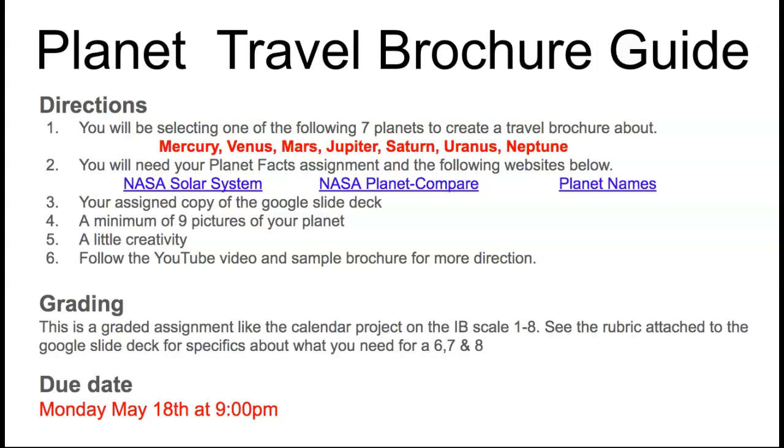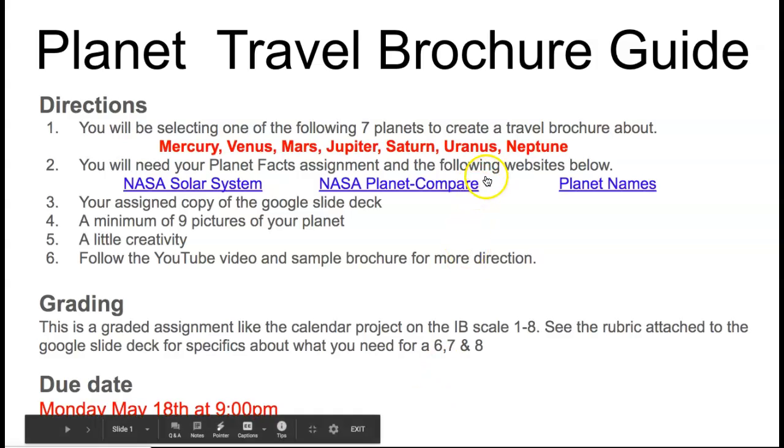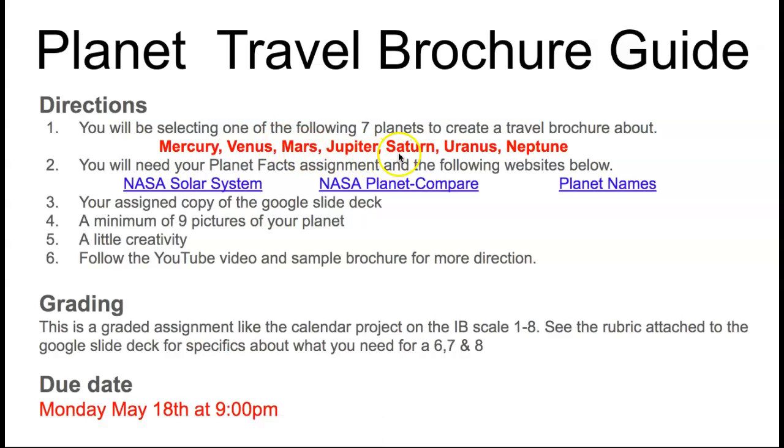So for the directions, you'll be selecting one of the following 7 planets to create a travel brochure about it. It could be Mercury, Venus, Mars, Jupiter, Saturn, Uranus, or Neptune. You decide which planet you want to do. It is up to you. You will need the facts information that you gathered last Friday